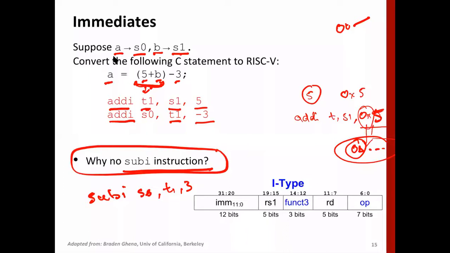Why do you use 2's complement numbers? To represent negative numbers, right? You could as well have used sign and magnitude. But when you use 2's complement numbers, addition of two numbers is the same as subtraction of the second from the first, because the basic representation of the number takes care of all this, right? So if you design an instruction set with this one, then it's redundant, it's useless. Anyway, you are using 2's complement numbers here.